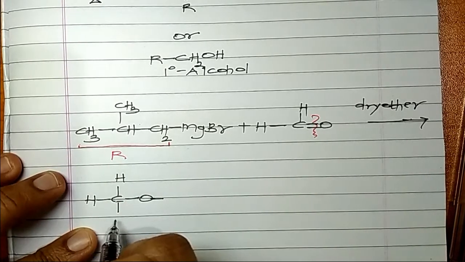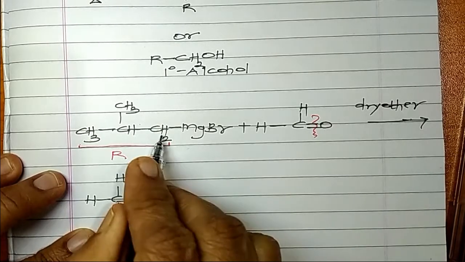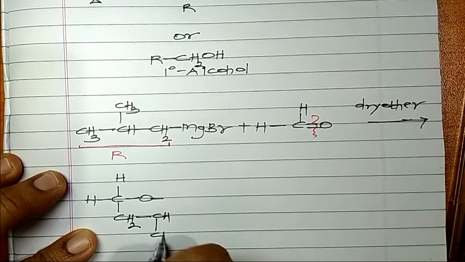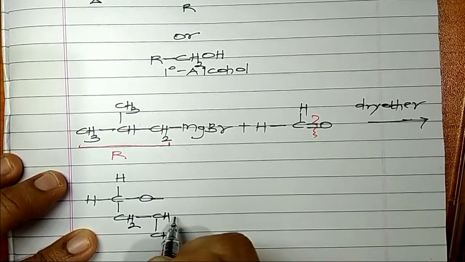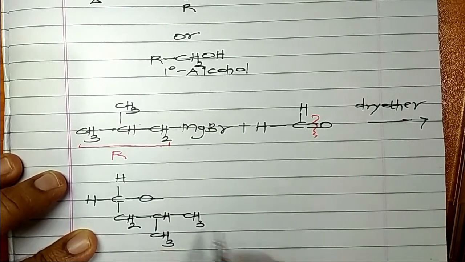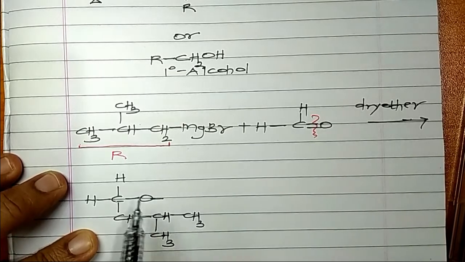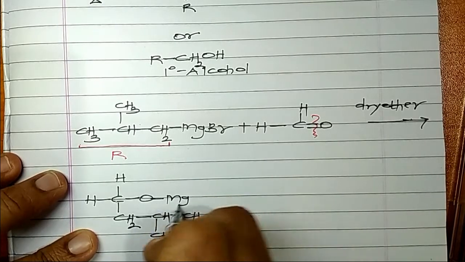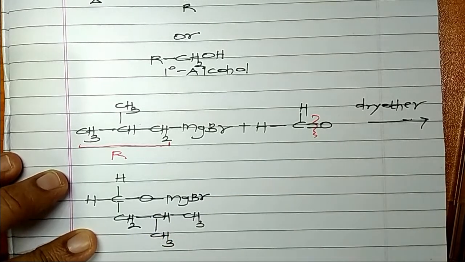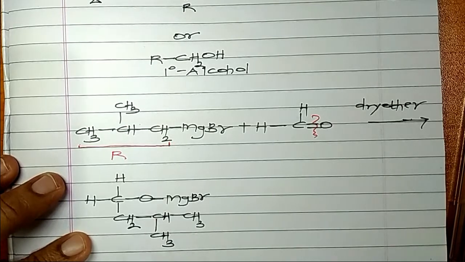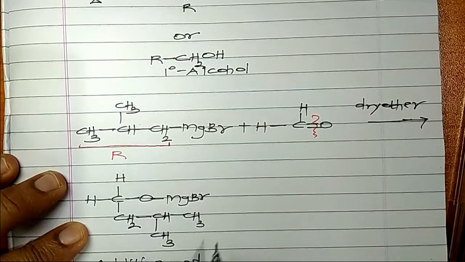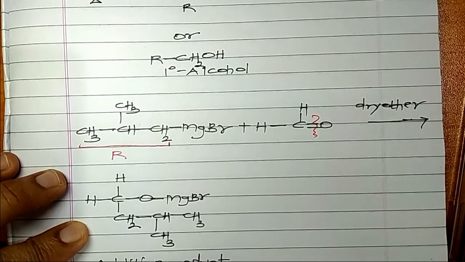So here you have CH2. Then you come back, it is CH. Can you see there is a methyl group here? CH3 and then again CH3. So I put the value of R here. What will get attached to O? You remember I told you that this MgBr will now get attached to O. Now this compound which you get is called the addition product.